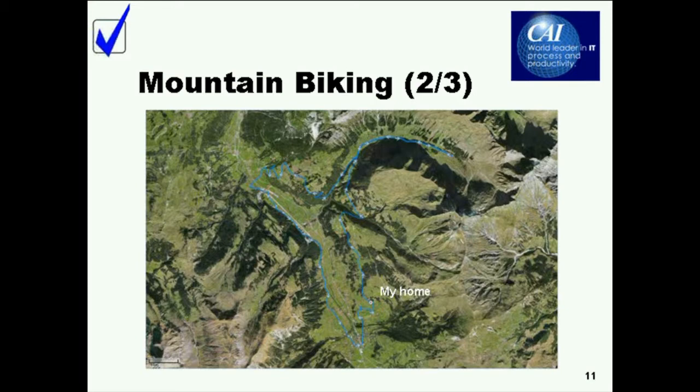I live in this remote village, high in the Swiss Alps, somewhere between Bern and Geneva. As a consequence, I'm not driving a bicycle like Lance Armstrong. Mine is a mountain bike, and part of the tour is on an unpaved road.